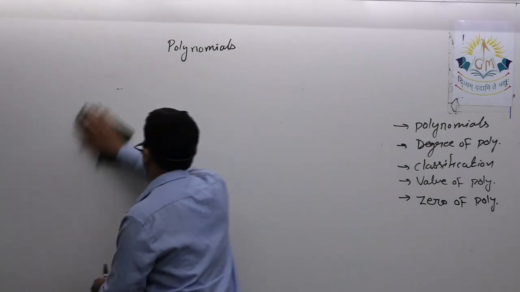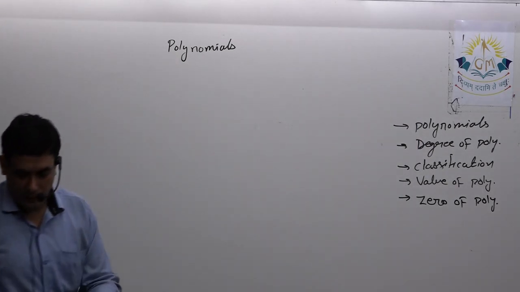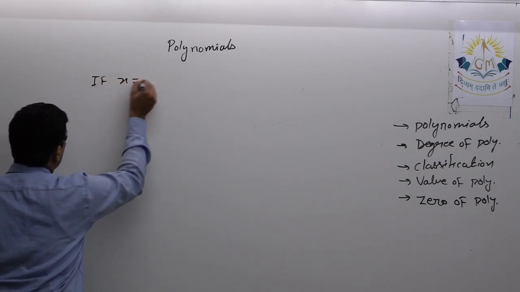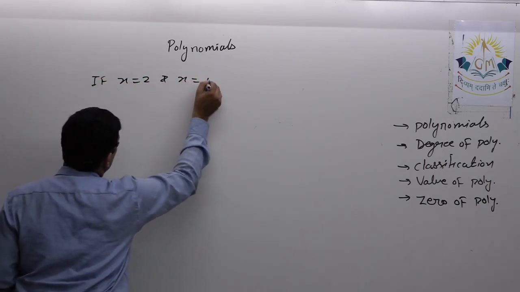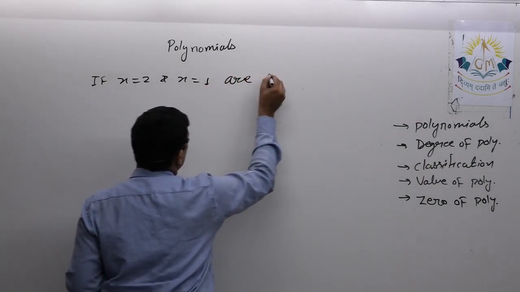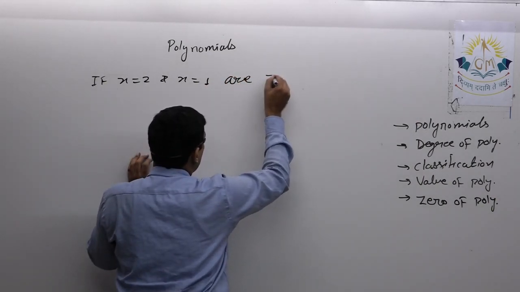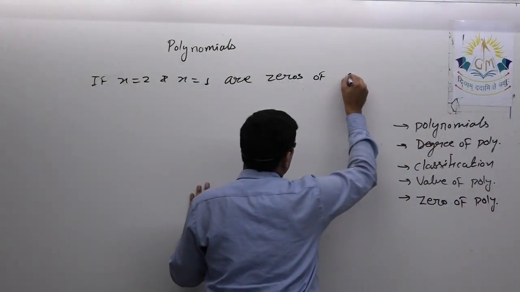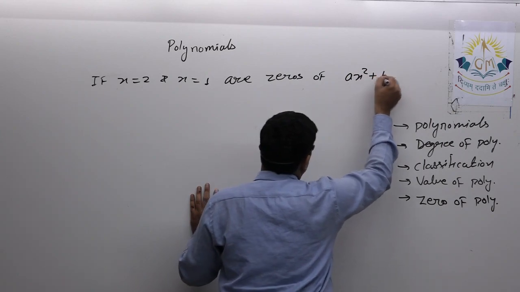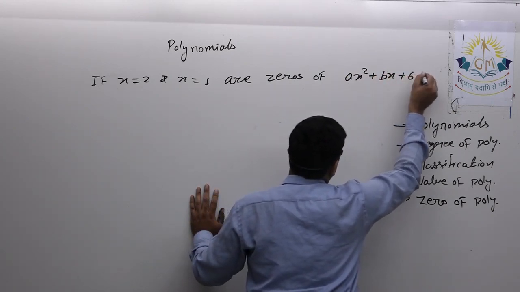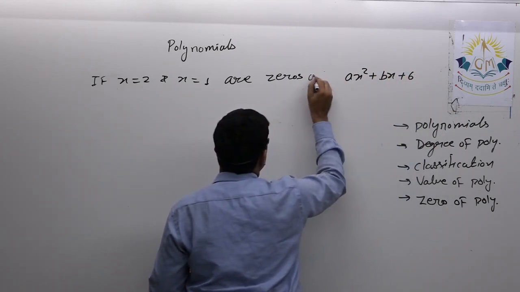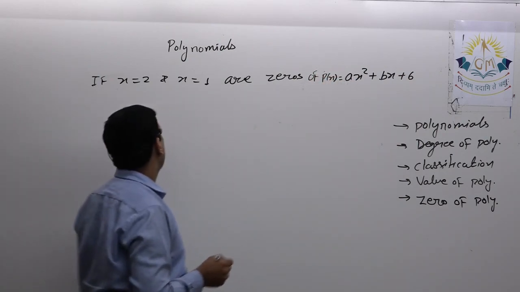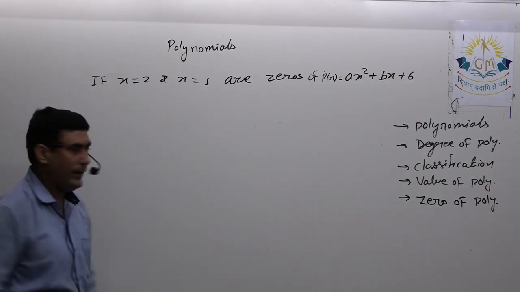That means the question will be something like this: if x equal to 2 and x equal to 1 are zeros of p(x) is equal to ax square plus bx plus 6, then find the value of a and